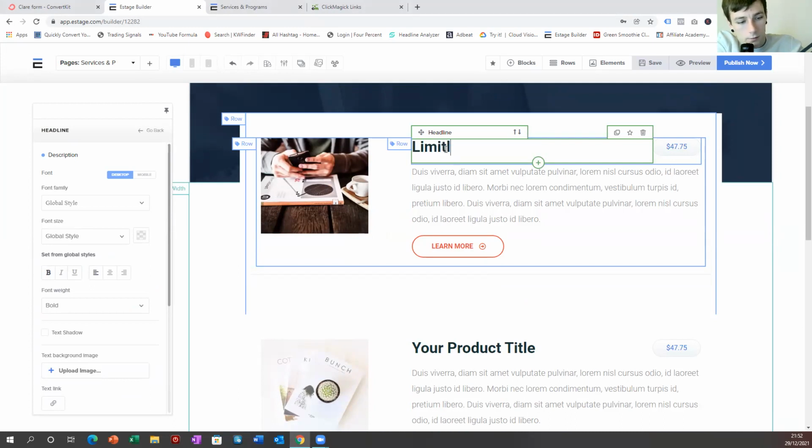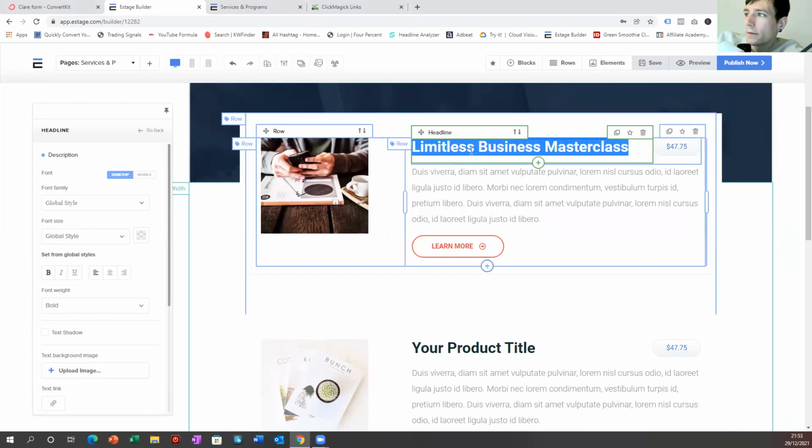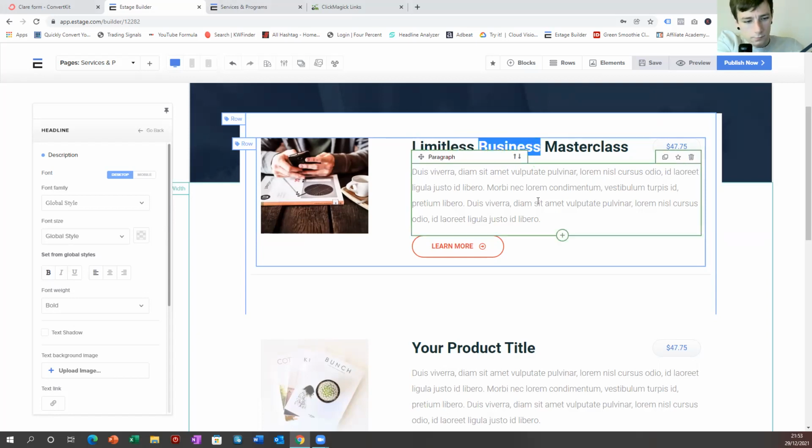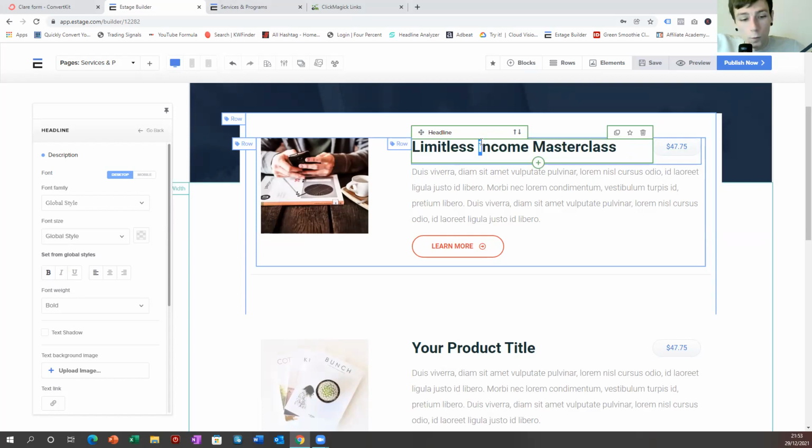And on our demo example, this could be the Limitless Business Masterclass. But the Limitless Business Masterclass necessarily wouldn't be for a cold market. Something for a cold market would be like the Limitless Income Masterclass, because people want to make more money.